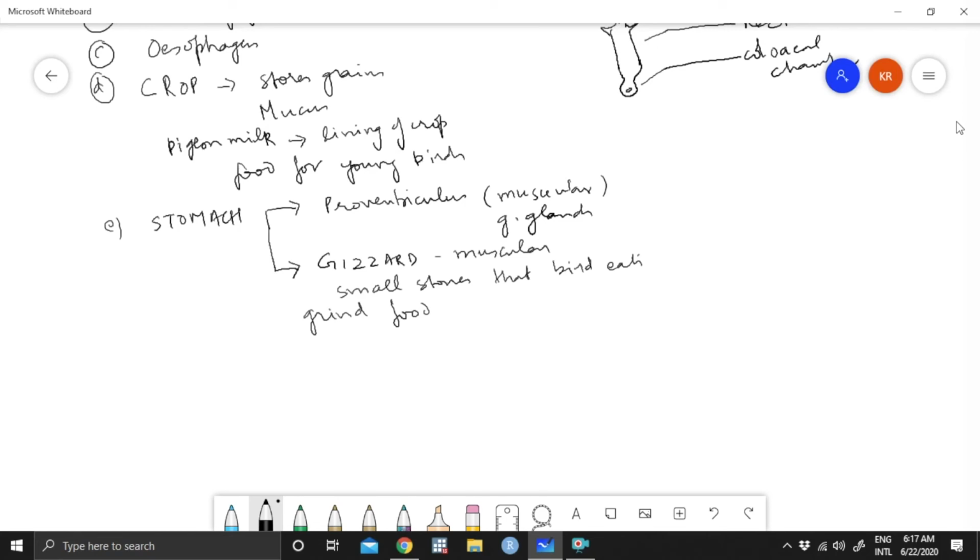And from here, it will go into the duodenum. That is part of the intestine, the first part of the intestine. Then it goes into the ileum. Here it will receive, as I told you, bile, and because of the action of the duodenum and ileum, all the food is digested. That is proteins, carbs, and whatever little fats it consumes, it digests this also, and the food is now thoroughly digested.